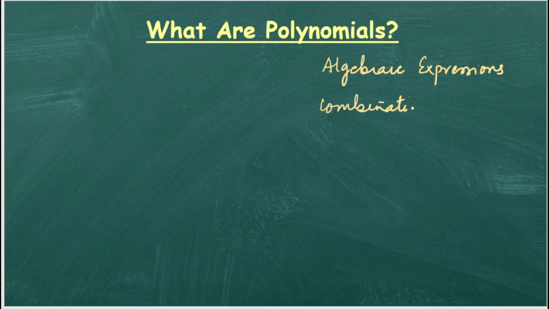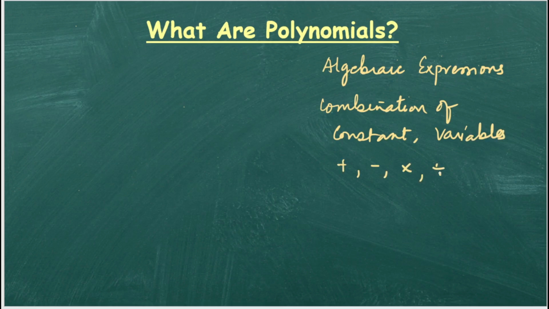the constants, variables, and the mathematical operations. Okay, the mathematical operations are like plus, minus, multiply, divide. Then you have the brackets, then you have square, exponent, cube, or you have square root, or you have cube root. Okay, so when we combine constants, variables, and any of the mathematical operators, we get in return the algebraic